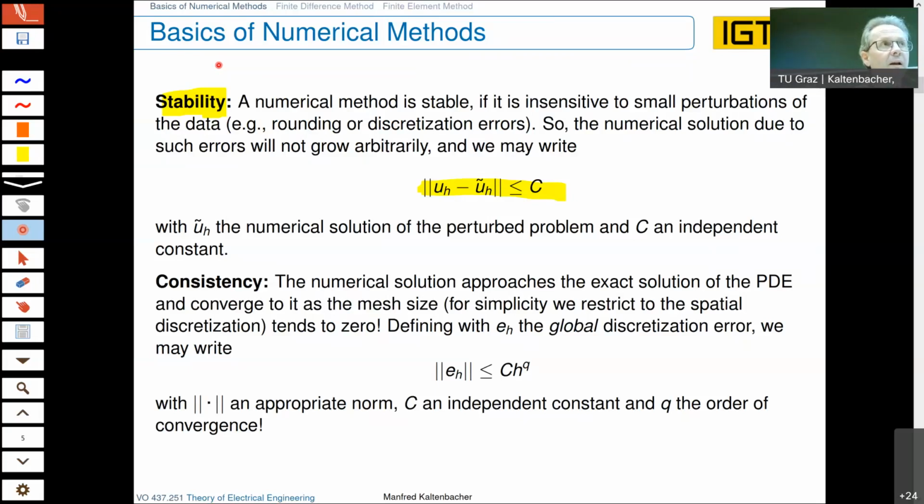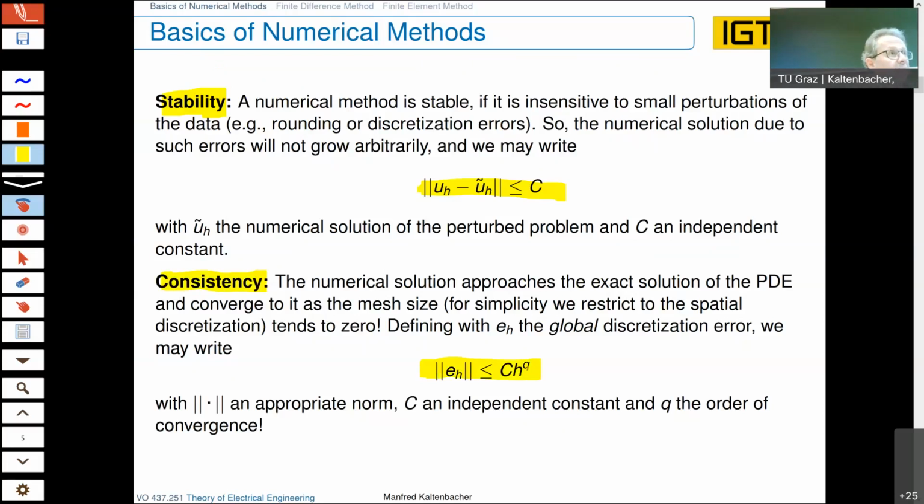There should be a very small change to the solution. Otherwise, perhaps we have to look back to the continuous side of the partial differential equation, if perhaps this is already unstable. Okay, now just summarizing here with a simple evaluation for the consistency,